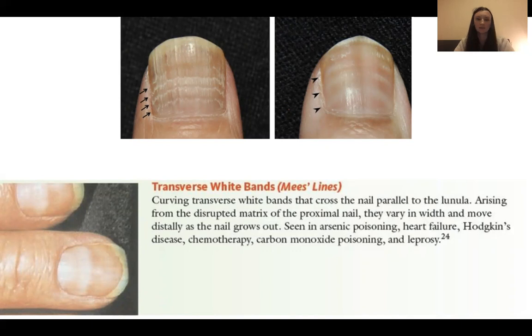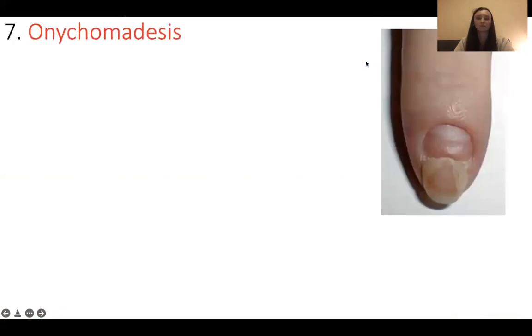And we had seen these previously in slides due to arsenic poisoning, Mees' lines. So here's Beau's lines. It's more wavy, and here's Mees' lines. I always thought this picture was gross. But anyways,